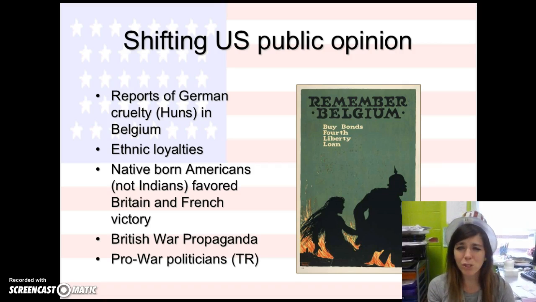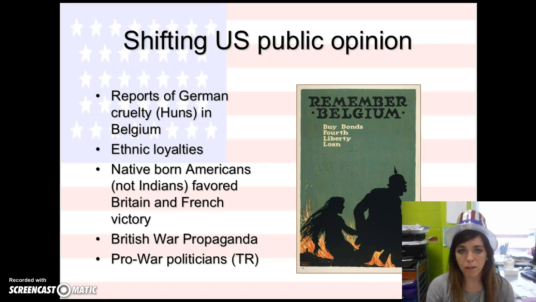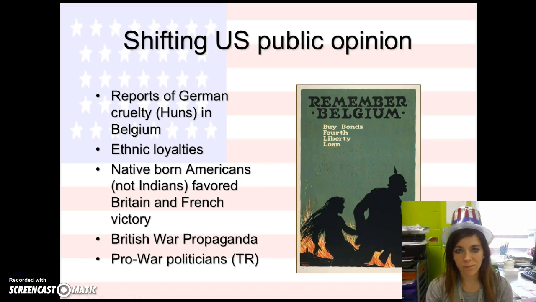And there's a lot of politicians out there that are very pro-war. Teddy Roosevelt was very pro-war. We know that he was, gunboat diplomacy, so he's all over this, okay? The other thing is that they would show up on posters like "Remember Belgium," and to buy war bonds. War bonds help support the war, and so this would be a way that they get people on their side